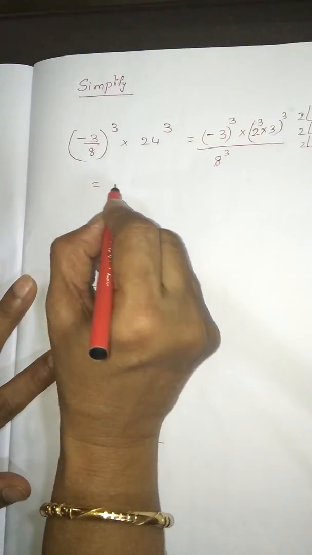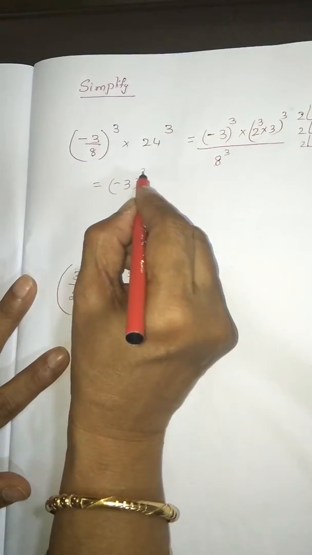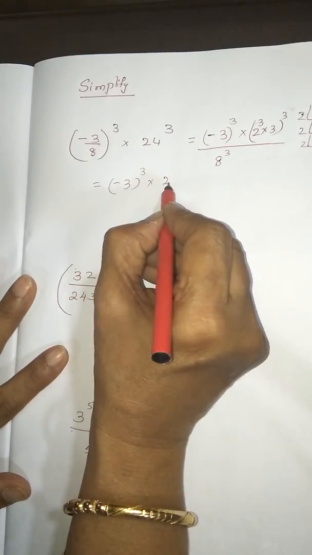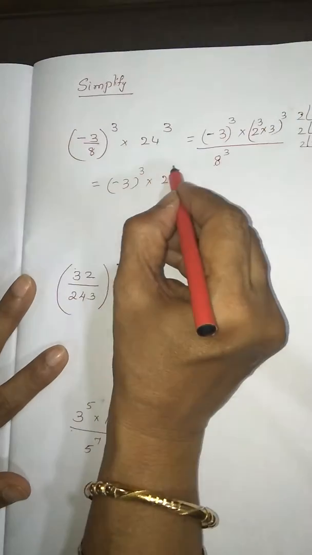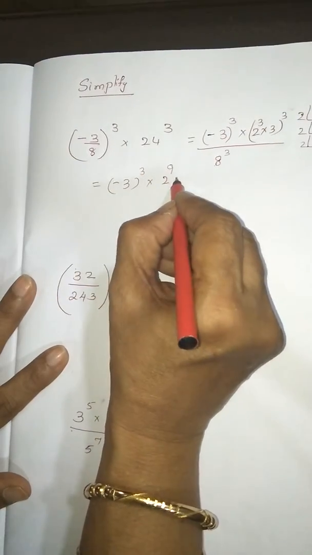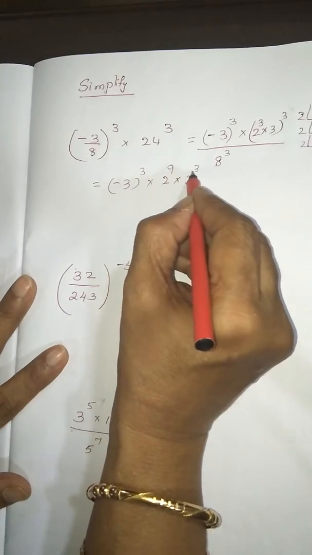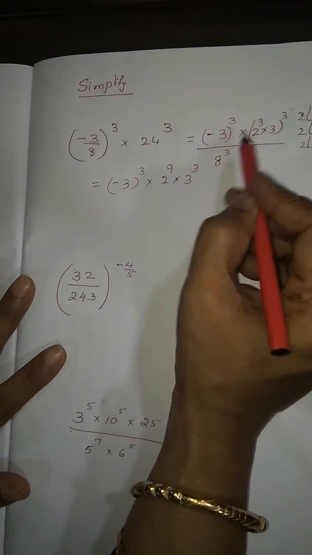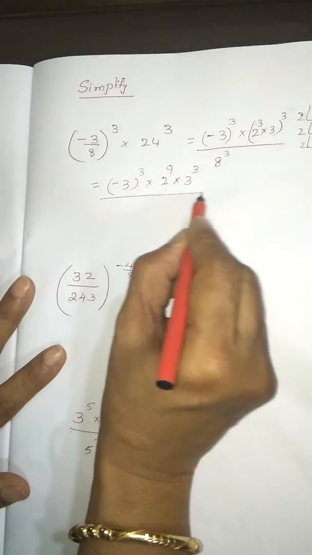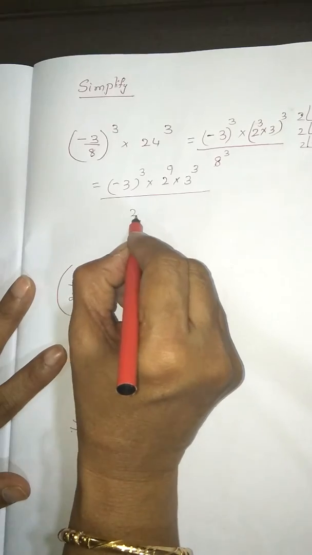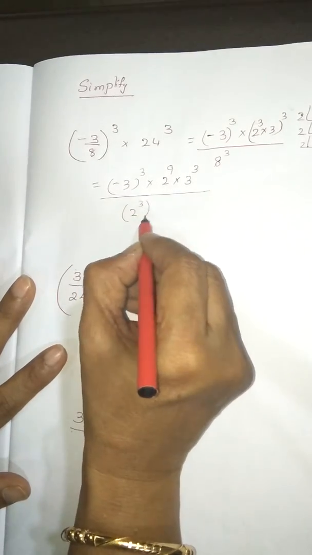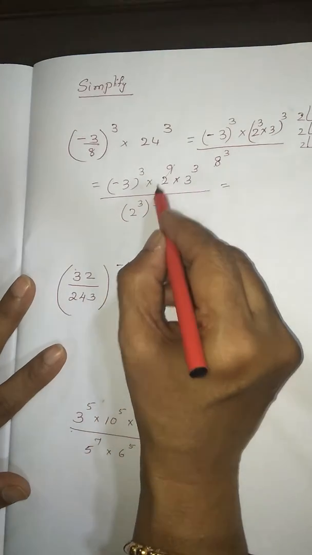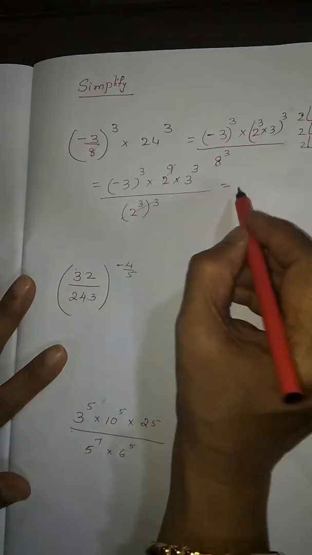So we will write this as minus 3 the whole cube into 2 to the power of 9 into 3 to the power of 3. a to the power of m, the whole to the power of n is a to the power of m into n, by 2 cube the whole cube. So this will become 3 into 3, 9. So this and this will get cancelled. So we are left with